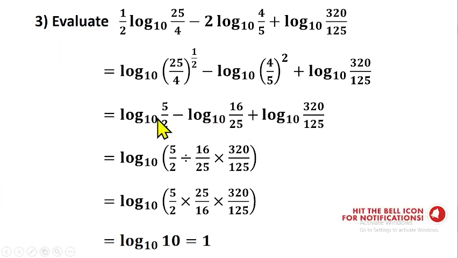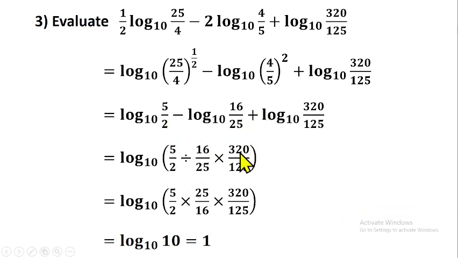You can now apply the law to solve it further, since you can see that we have simplified it. We can see that they are in the same base. You're having minus here, so that should turn to division. You're having plus, that should turn to what? Times. So that means you have log base 10 of brackets 5 over 2 divided by 16 over